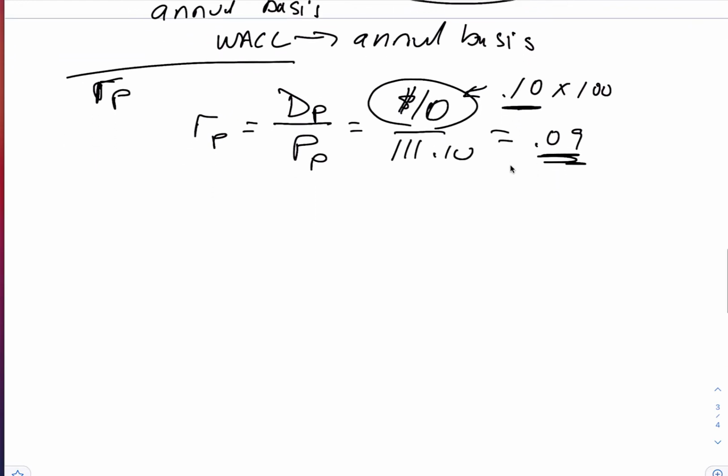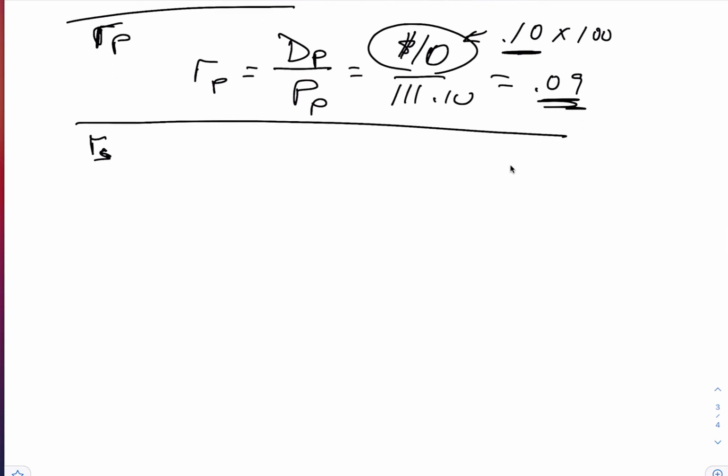Okay. Now what we need to do is calculate RS. And here's where things get a little muddy because there's several ways to calculate RS. And we've seen two of them, by the way. So let me show you the methods. One would be the capital asset pricing model, where RS equals RRF, the risk-free rate, plus the market risk premium times beta. Remember, this is the expected return on the market minus the risk-free rate.